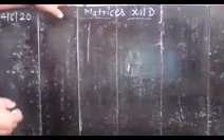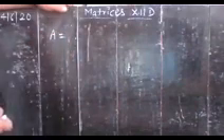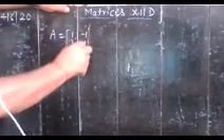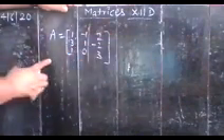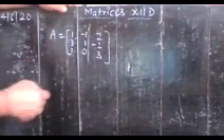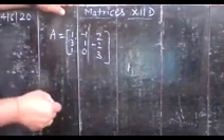So today we start some questions based on matrices. If the matrix A is equal to [1, 3, 1; -1, 1, 0; 2, -2, 3], find